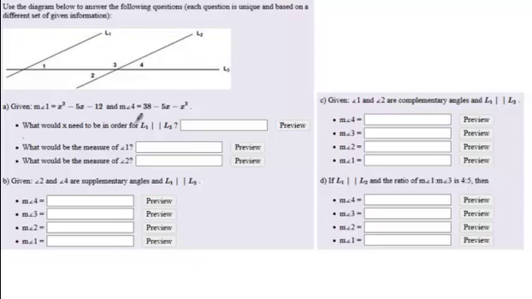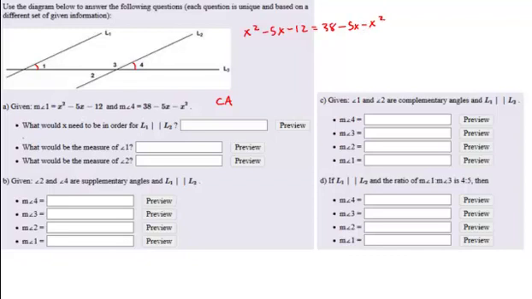In each of these cases, what we want is what x would need to be for these lines to be parallel. So if that is the case, then I have angle 1 and angle 4. These are corresponding angles, so if I can set them equal, I can solve for my parallel lines here. What I would do is take those two expressions, set them equal to each other, and solve